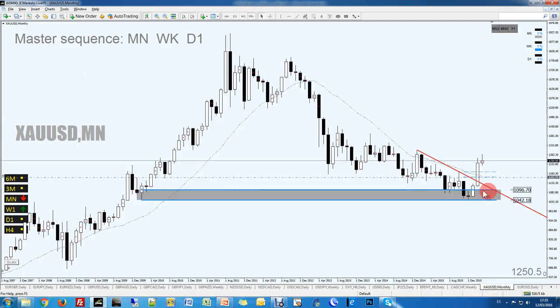We've got a monthly area of demand in control. This area is not a monthly area. Why? Because it didn't take out an opposing area, so this is not the monthly. The only monthly area of demand here is this one. We place a horizontal line there, it was taken out by this one, and price is now right there, testing it for the second time. So here is what we have.